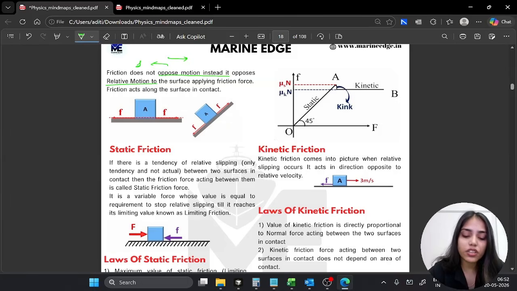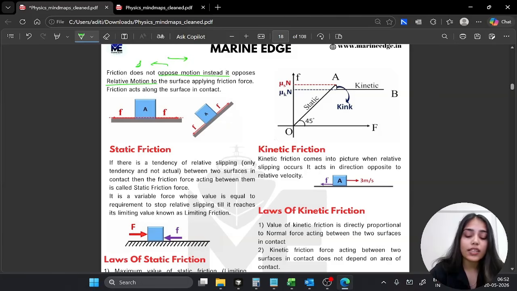Now, static friction is the friction that is on an object before the object actually starts moving. So, let's say you are able to move an object by applying 10 newtons of force. Until you apply that 10 newtons of force, the friction force that you will be facing is static friction. Once you start applying a force greater than 10 newtons, let's say 11 newtons of force,